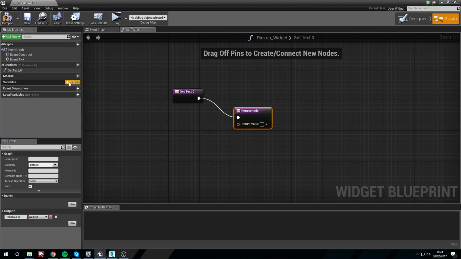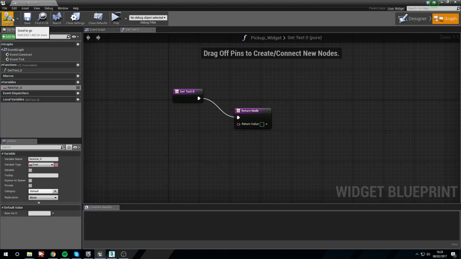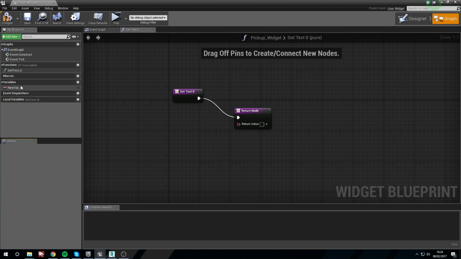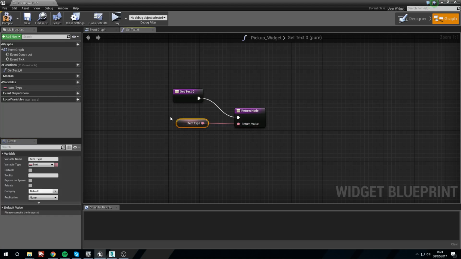So in variables, add a variable, we're going to change this to text. And now I'm going to quickly compile it, and for testing reasons I'm going to set the default value to no item, and I'm just going to quickly rename the variable to item underscore type. I'm going to drag this out and get it, and I'm going to plug this into the return value of the return node. I'll compile that,